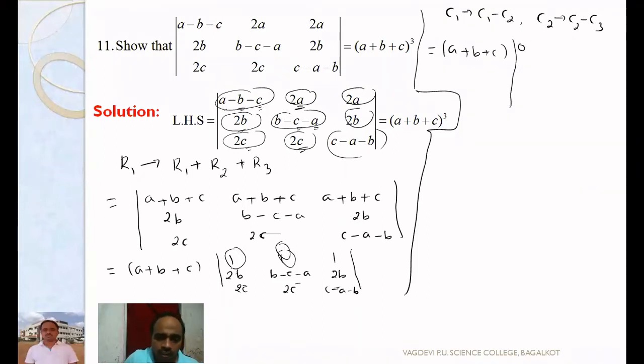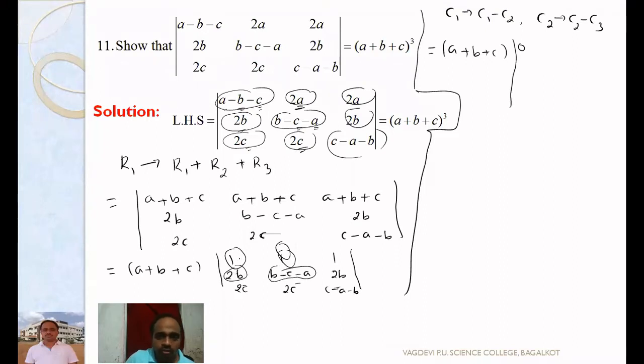And again, the next element, C1 minus C2: 2b minus of (b minus c minus a). See, in such expressions, you will commit mistakes. So how to subtract one expression from another? Write the first expression, write minus, put a bracket, then the second expression. I'll write in the margin, C1 minus C2. C1, the first column, contains 2b. C2, the second column, contains b minus c minus a.